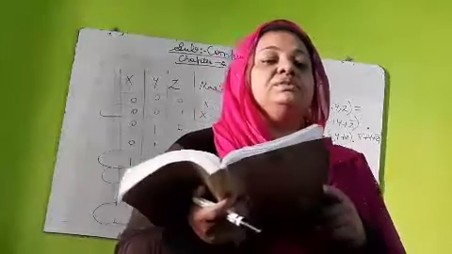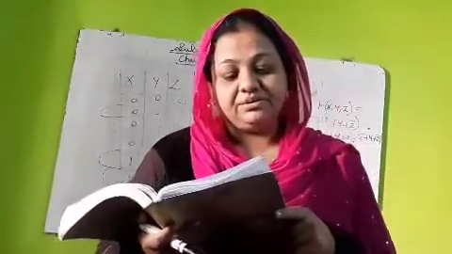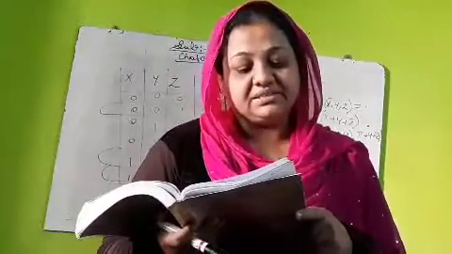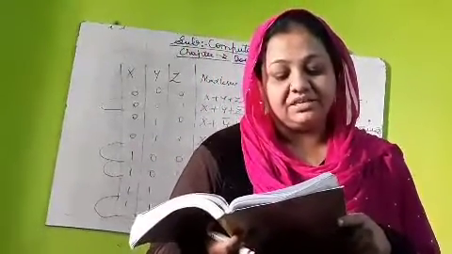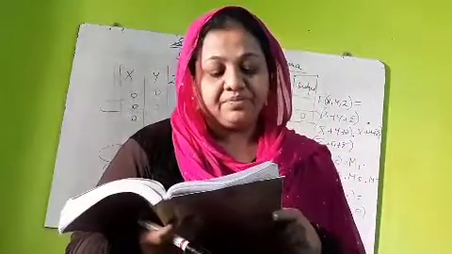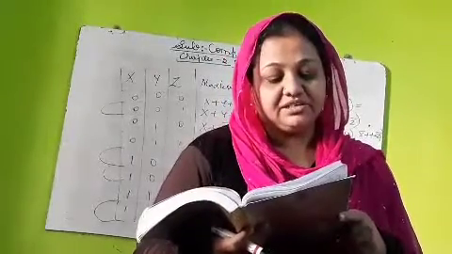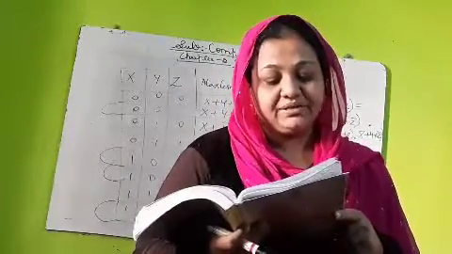Write down one more question. You can try this by yourself. Page number 82, question number 6. A truth table has output 0 for each of these inputs. ABCD is equal to 0011. ABCD is equal to 0101.